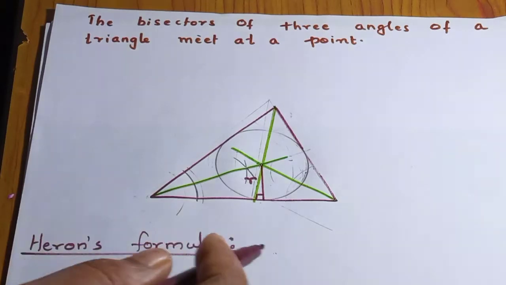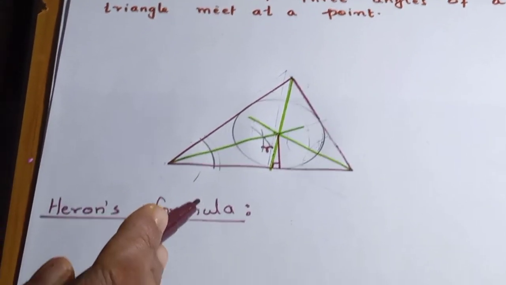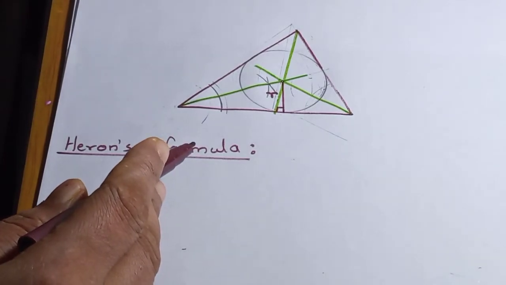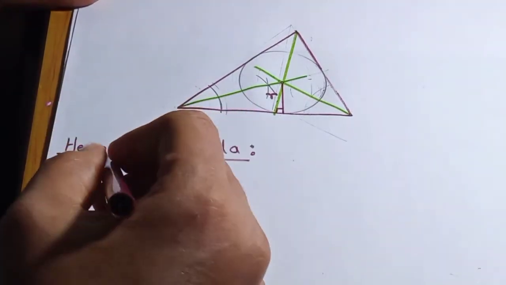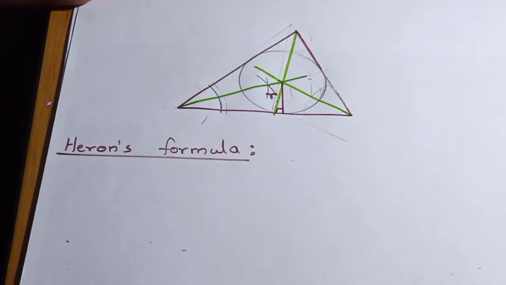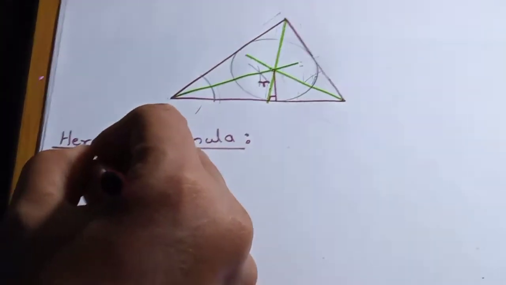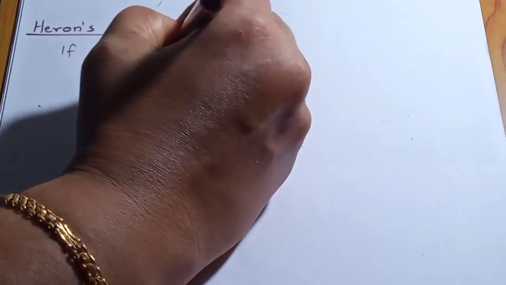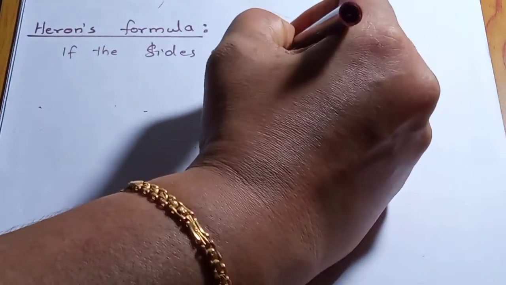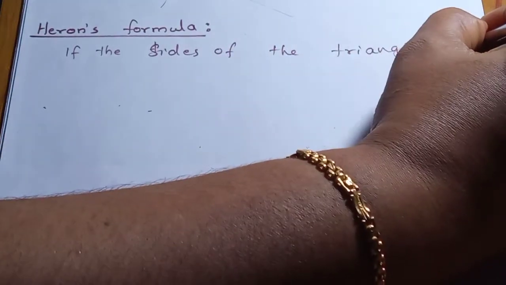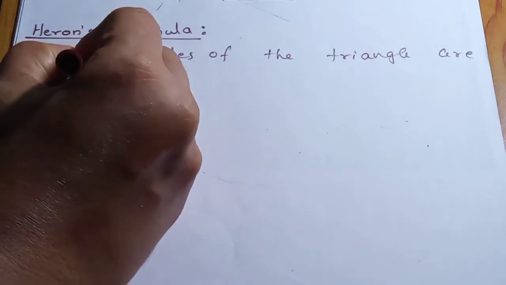Now we have an important formula, that is Heron's formula. Heron's formula is a formula to find the area of a triangle. Okay, if the sides of a triangle are given, then we can find its area. If the sides of the triangle are a, b, c,